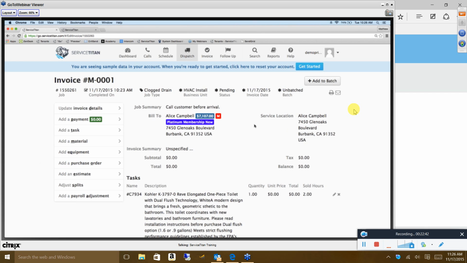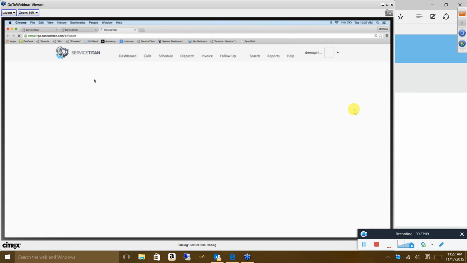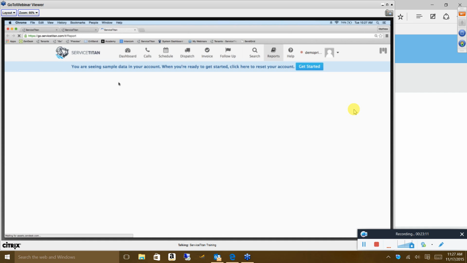The second thing that happens once an invoice is in a posted status is that now we can actually view this information on our reporting side. So if we want to view this information on the dashboard, we certainly can, because the dashboard is based off of completed on date. So as long as the job itself has been completed, we can view the information on the dashboard. However, if we look at our payroll detail report, for example, or any accounting report for that matter,